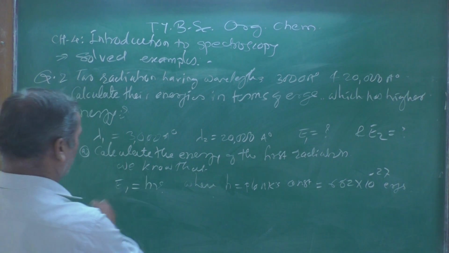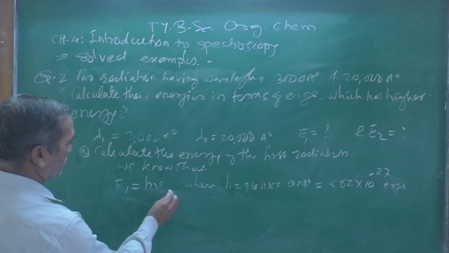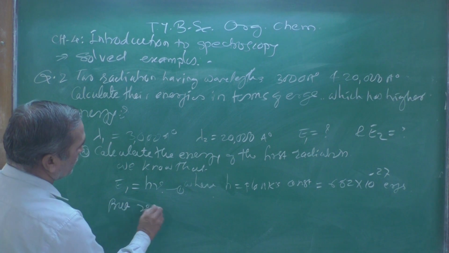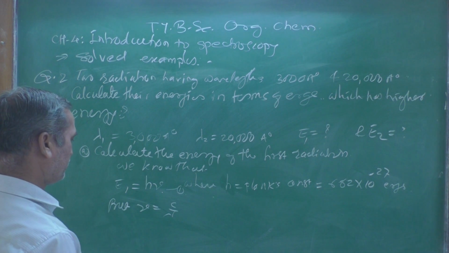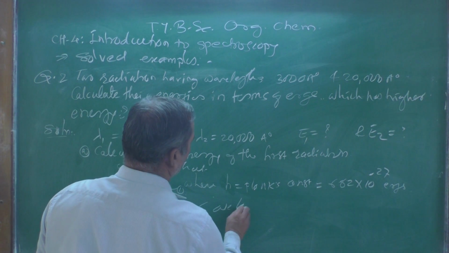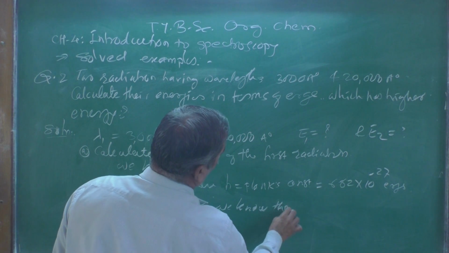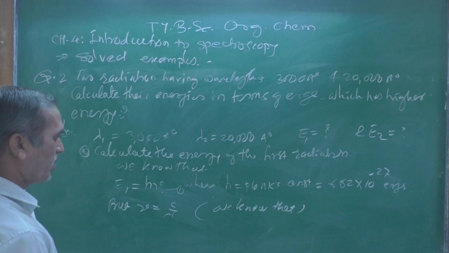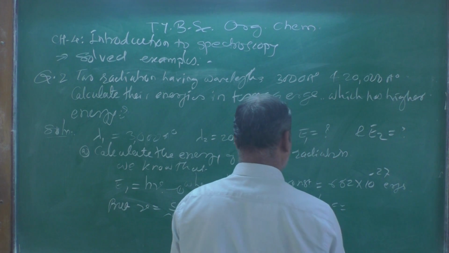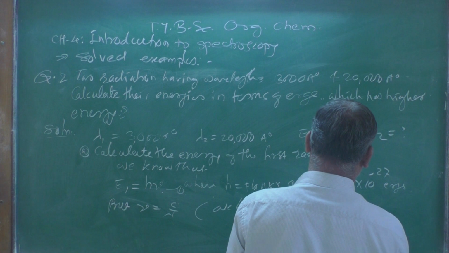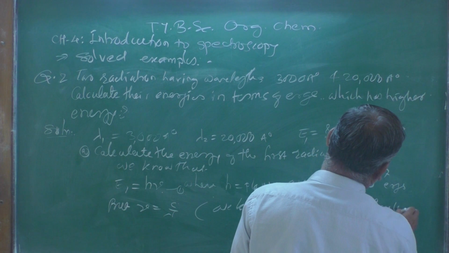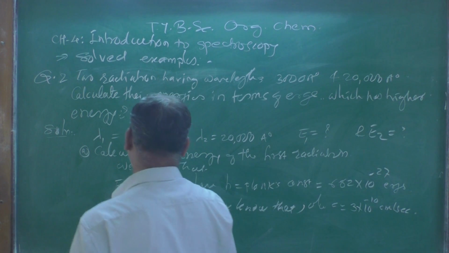And also we know that nu is equal to C upon lambda, this is equation number 2. Nu is equal to C upon lambda, we know that. Where C is equal to the velocity of light, which is given as 3 into 10 raised to 10 centimeter per second, and therefore